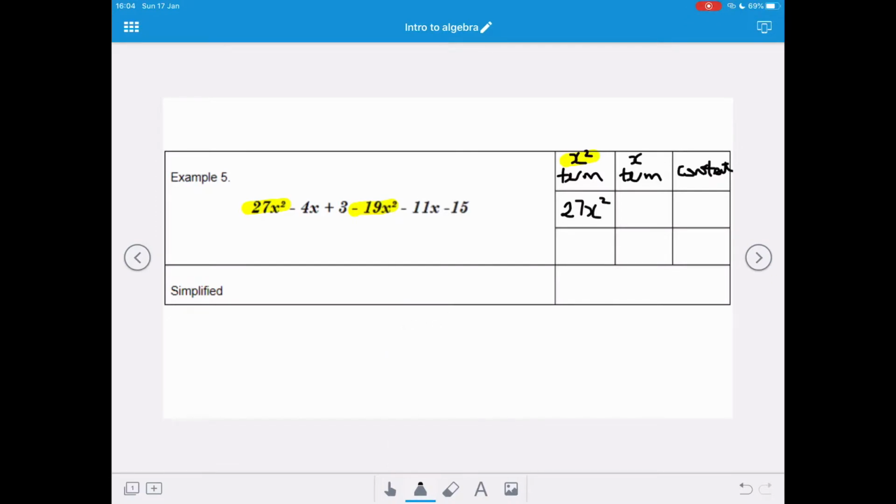So we're going to write those into the table. 27x squared minus 19x squared. We've got 2 x terms. We've got a minus 4x and a minus 11x. So again, we're going to write those into our table, and we're going to combine them to simplify the x terms of negative 4x and negative 11x. And then we've got 2 constant terms, which we're going to underline with purple. And we've got a plus 3 and a minus 15, which we're going to put into our table to simplify